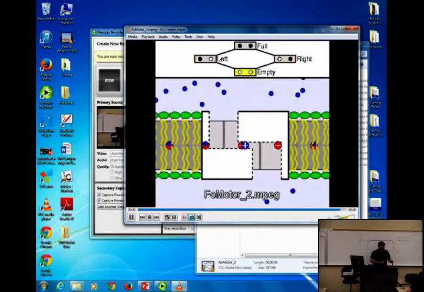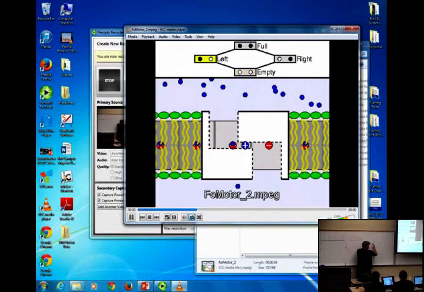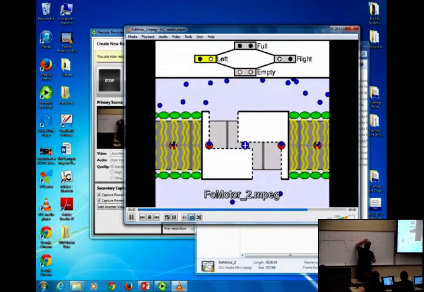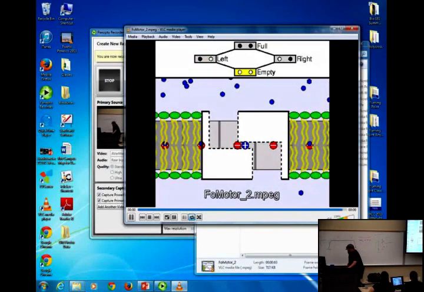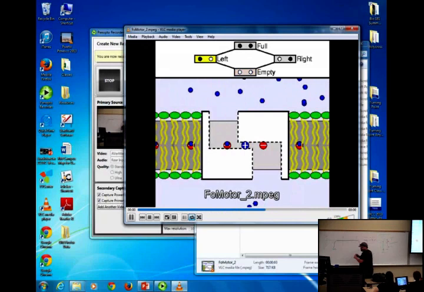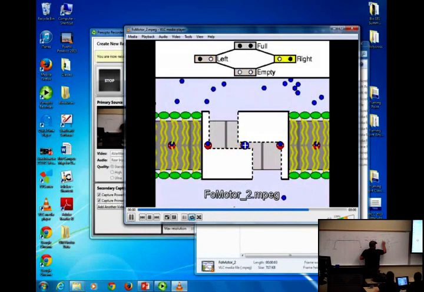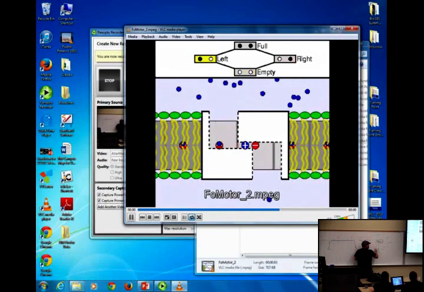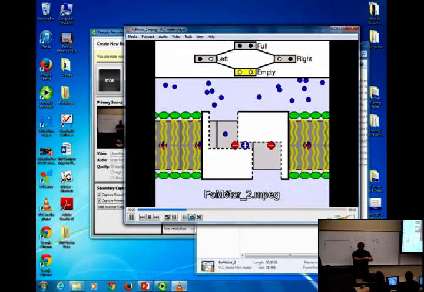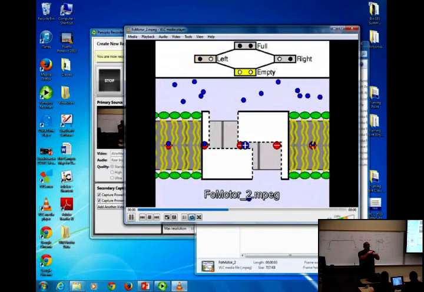Okay. So this is a side view. You guys are looking at F0 like this. And so there's the channel that it makes. Kind of looks like that. And there's two parts to it, an outside and an inside. So there's two wheels, one on the outside, one on the inside. These are made out of amino acids and they can rotate.